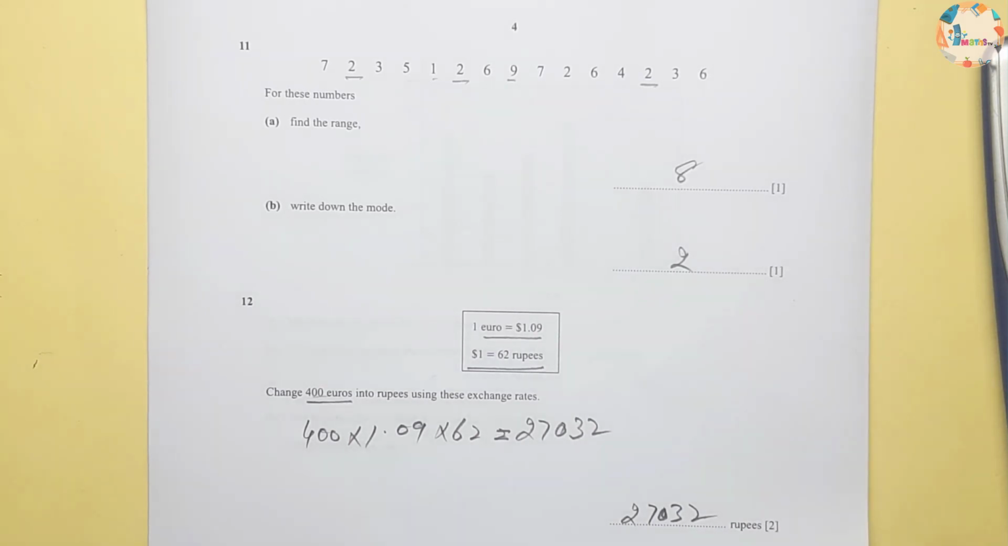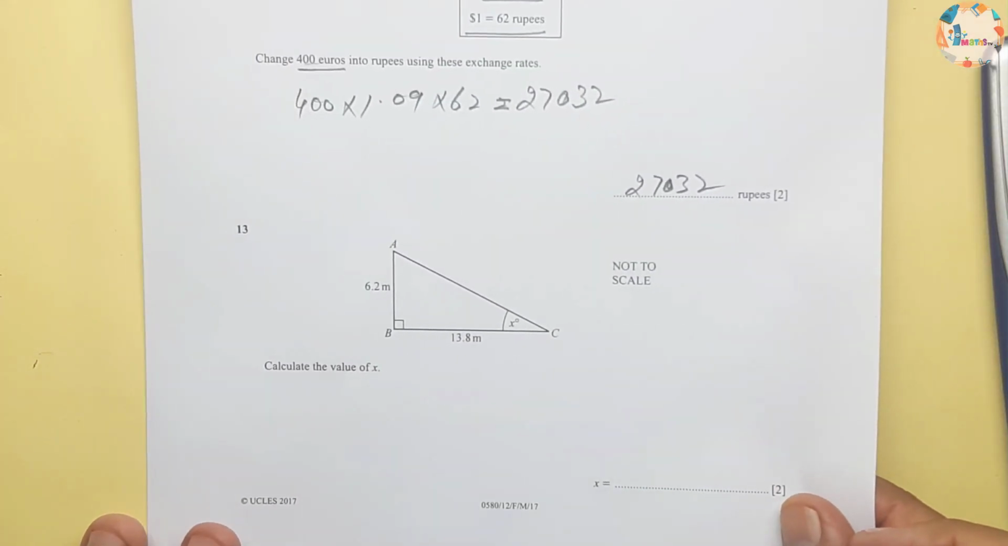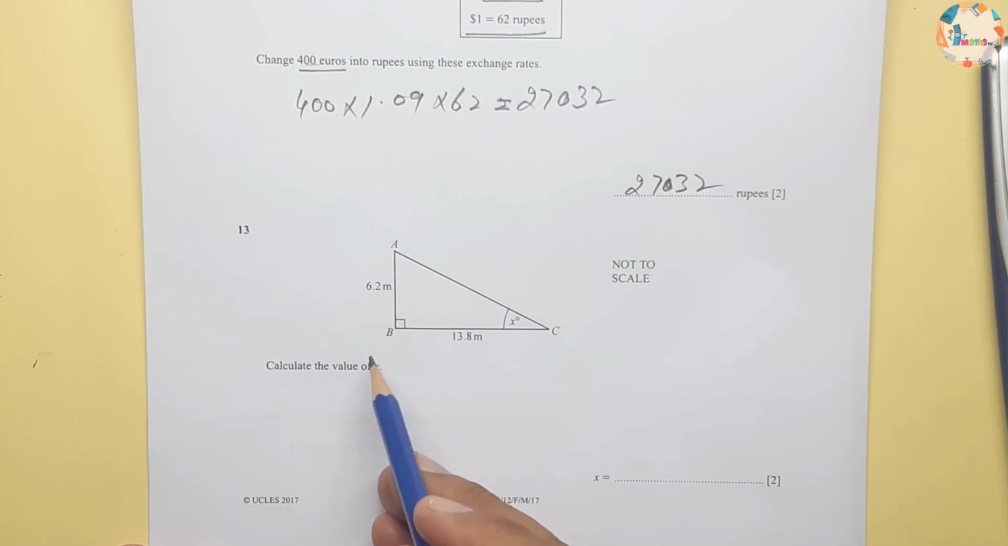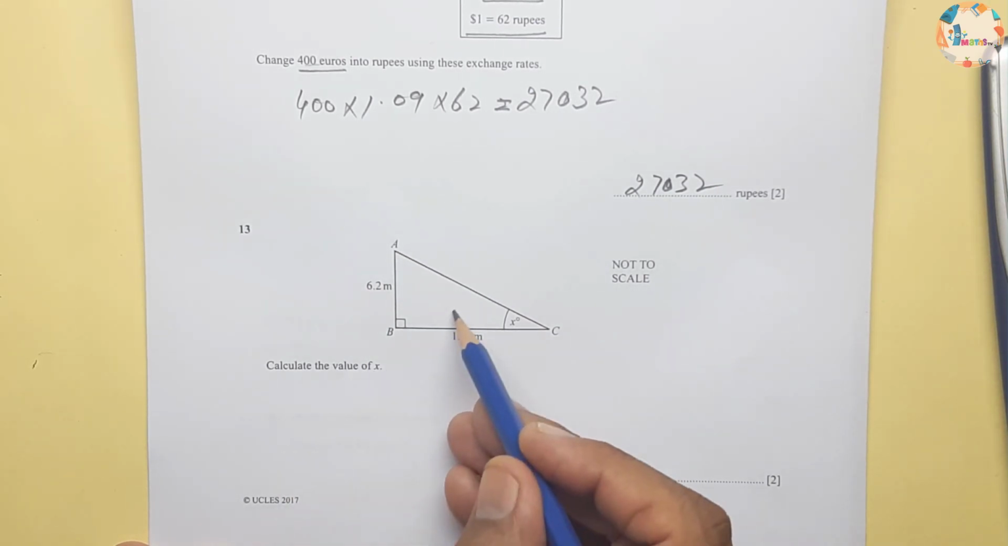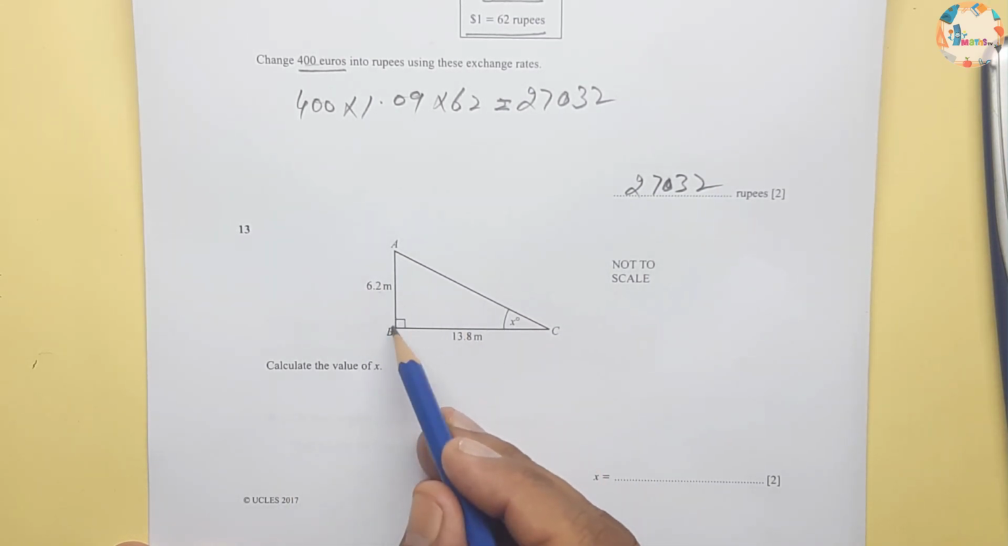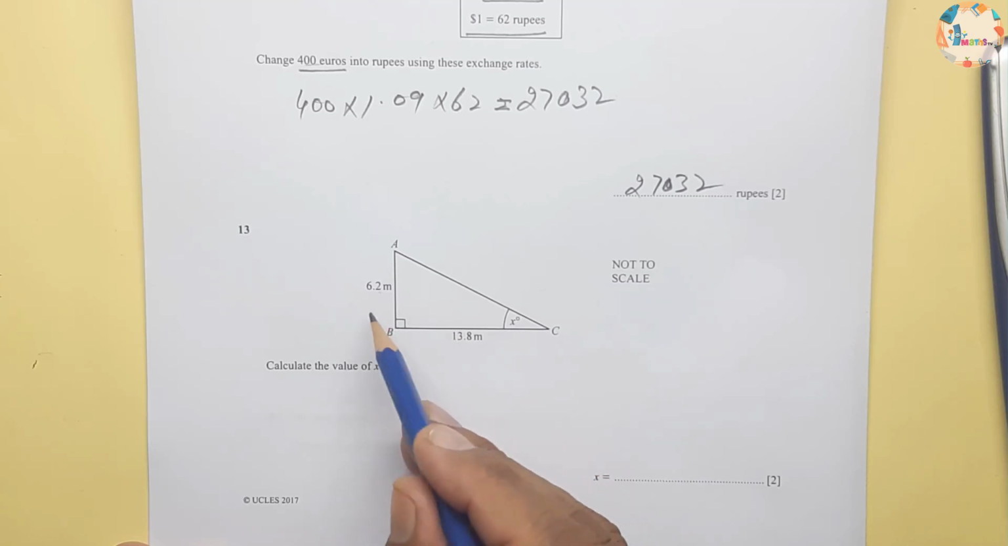Hopefully you are getting everything. Now question number 13. 6.2 is perpendicular, 13.8 is adjacent. Find the value of x. So this will be opposite. We can write this one